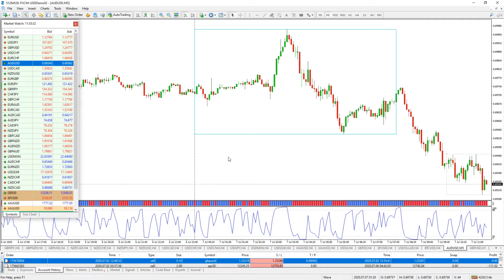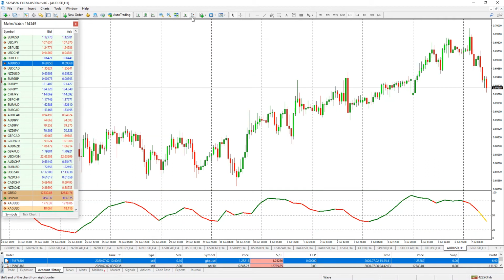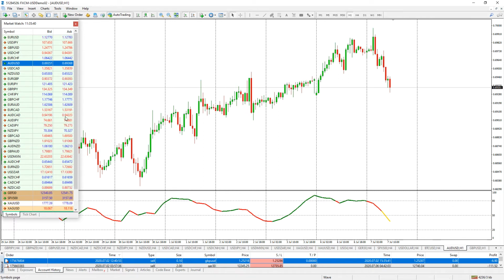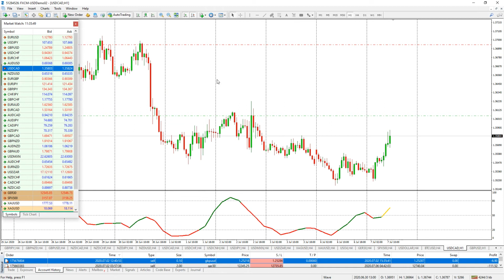So you don't have to spend a lot of time waiting at the charts and seeing whether there's anything and how you want to make the decision, whether it's good or not good. It's not guaranteed a win, but it gives a very high probability of getting a trade. So you see nothing here. In fact,